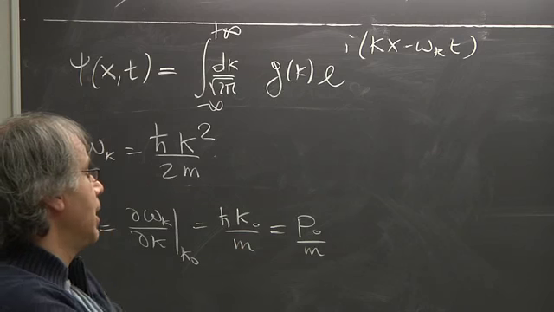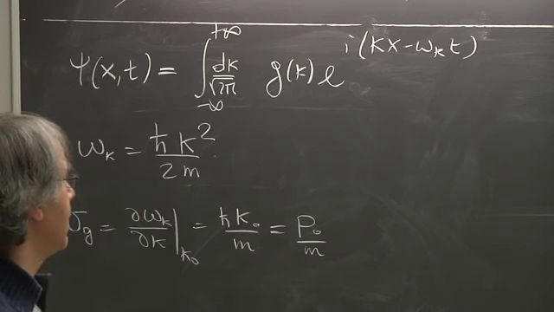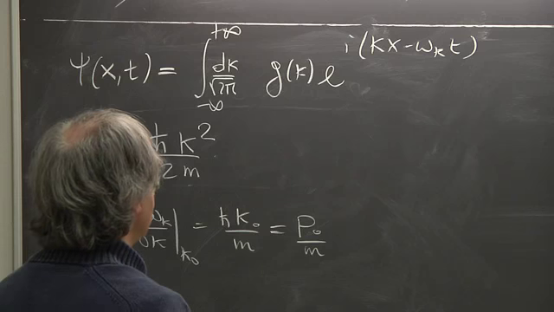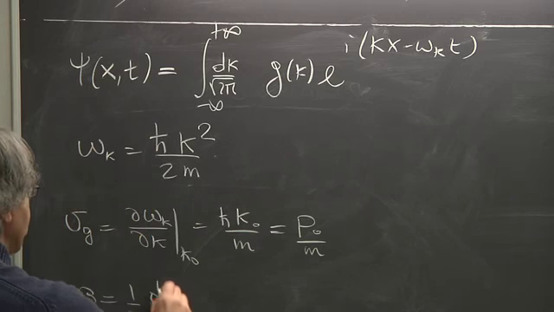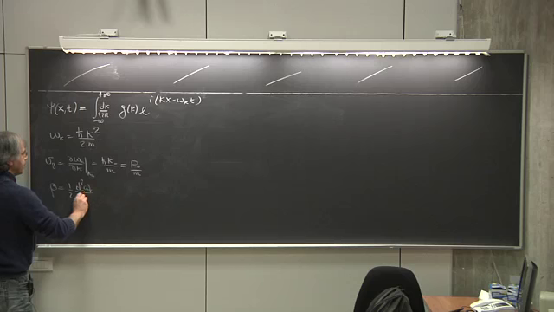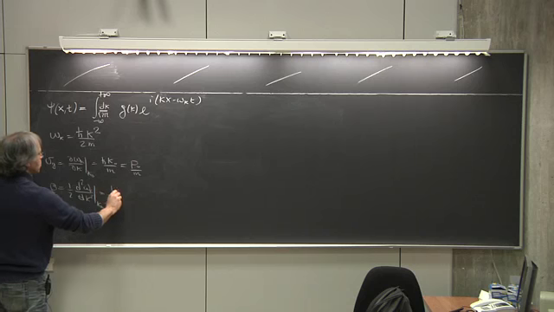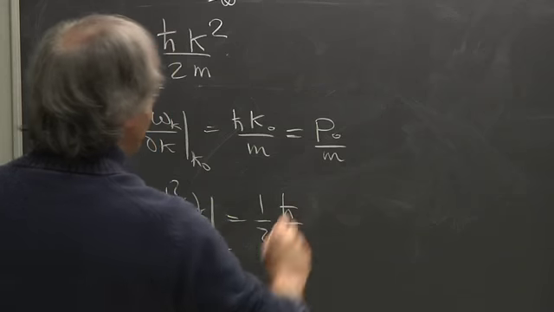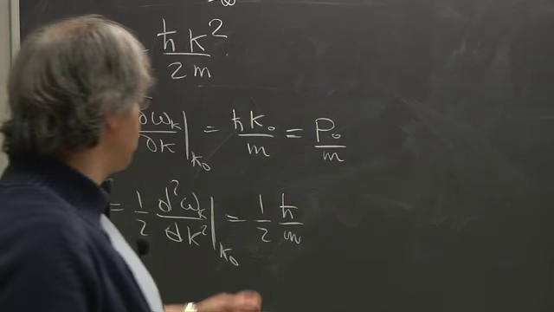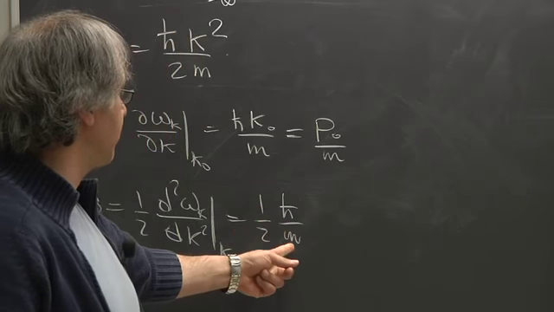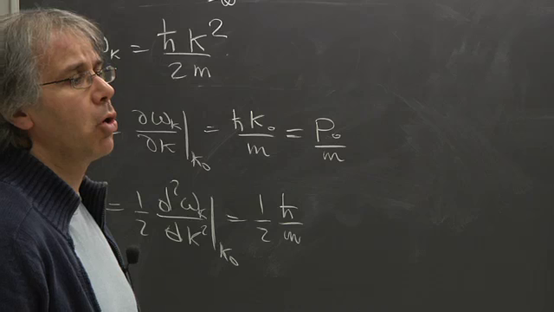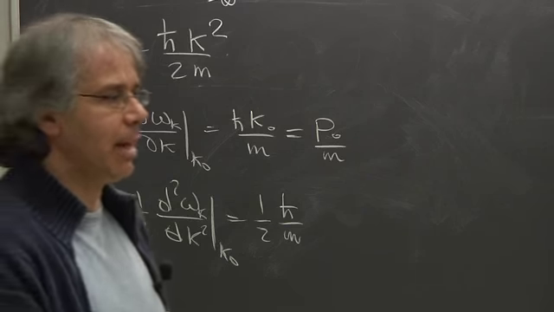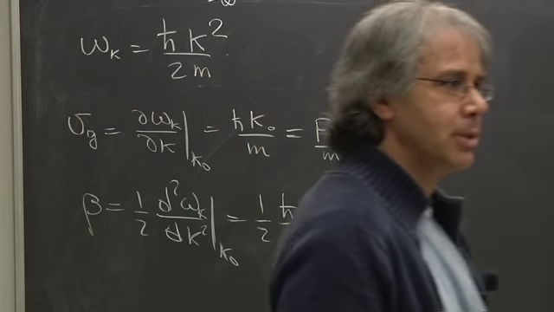That makes quantum effects very important, because we noticed that one of the quantum effects was the beta, the second derivative of omega of k, which in this case is just one half h bar over m, and this beta being relatively large if the mass is the mass of the electron, while being very, very small if the mass is, say, the mass of a microscopic object, but still